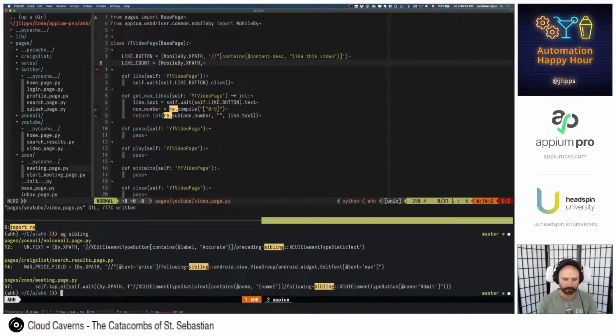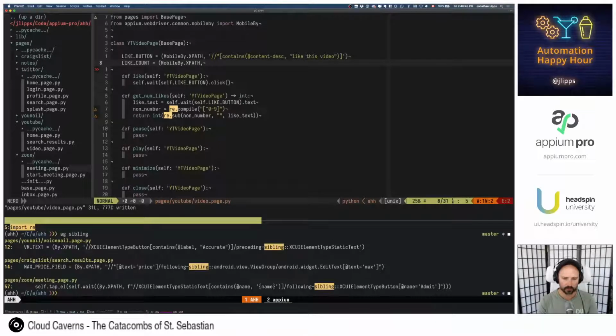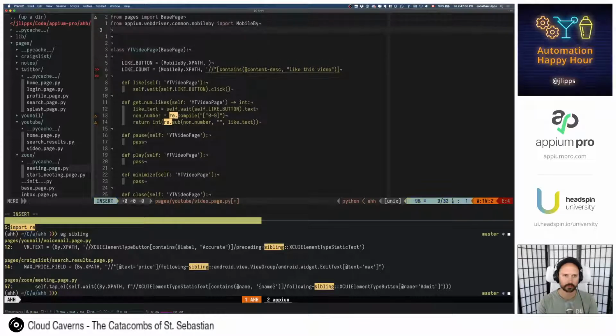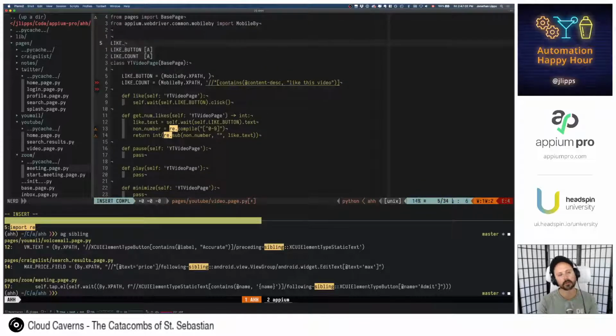Yeah. So we're first going to find the thing that... maybe we should just make this a little... call it like XPath here.